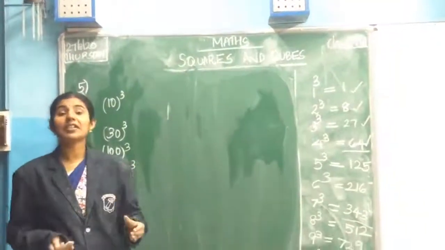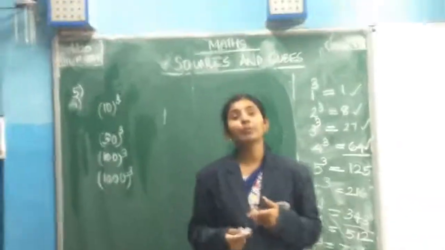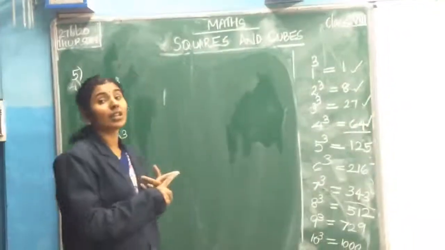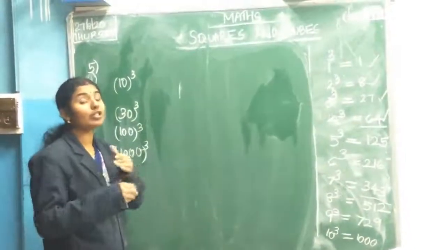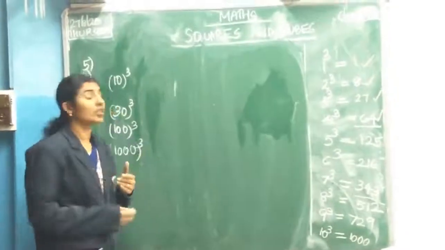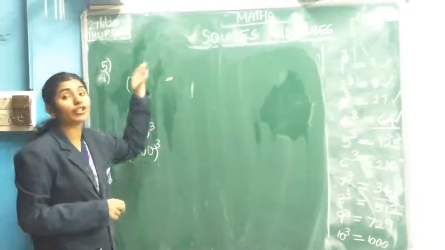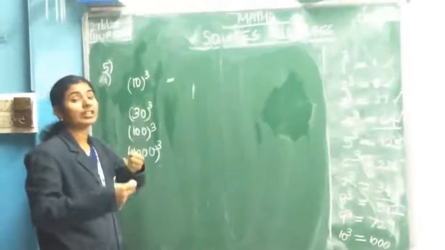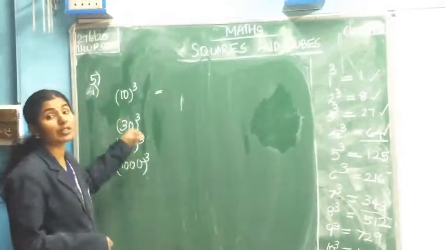Last class I explained how to take the perfect squares for the multiples of 10. Like that, you should see how to take the perfect cubes if you are given multiples of 10. First question, what have they given? You should take the 10 cube. Every time, what are you doing? You will multiply that 3 times. You don't want to do that for multiples of 10.